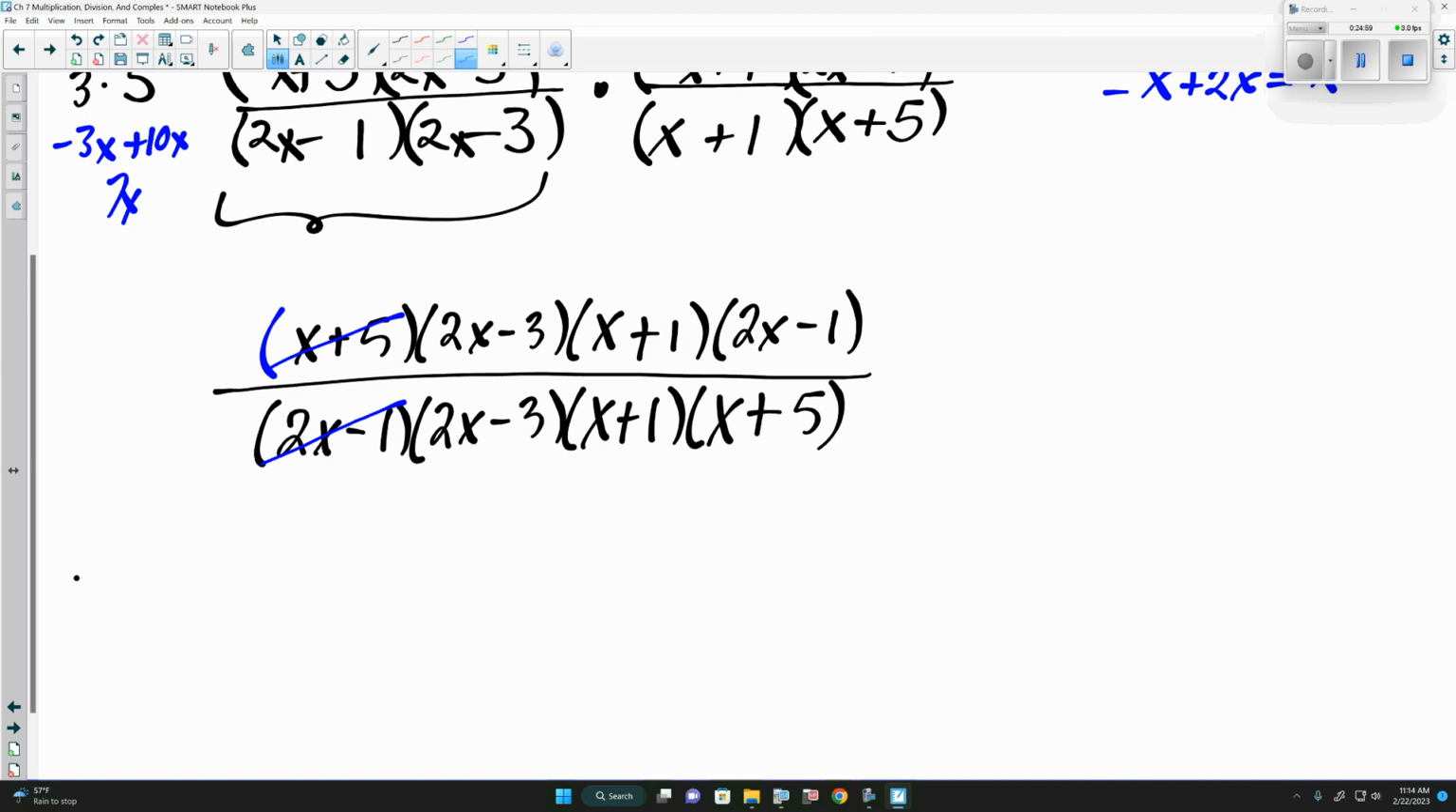x plus 5 and x plus 5, 2x minus 1, the 2x minus 3s, x plus 1s, which gives us